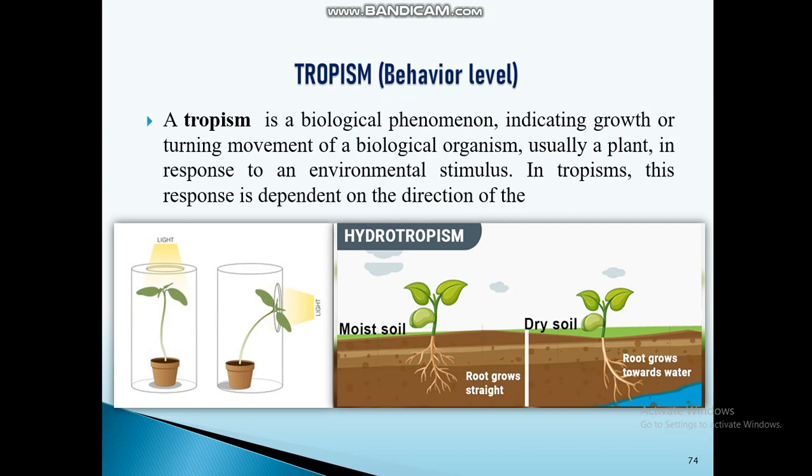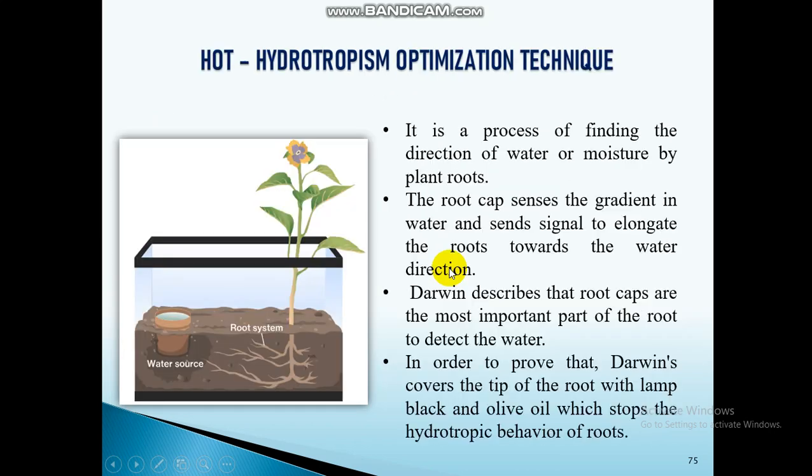A biomimicry behavior-level optimization technique, called the hydrotropism optimization technique. Generally, tropism in biology indicates the growth or turning movement of an organism towards a stimulus. For example, if a plant responds to light, it is called phototropism. If it responds to water, that is called hydrotropism. I was inspired by this foraging behavior of roots in search of water, called hydrotropism. I developed an algorithm